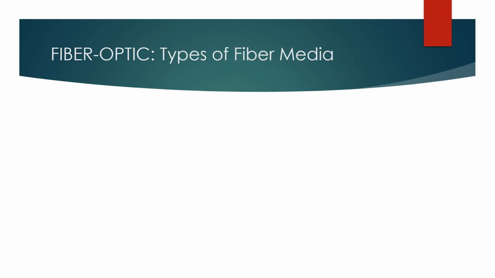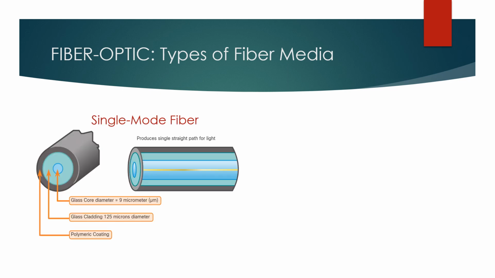Fiber optic cables are broadly classified into two types. The first one is single-mode fiber, which consists of a very small core and uses expensive laser technology to send a single ray of light, as shown in the figure. Single-mode fiber is popular in long-distance situations spanning hundreds of kilometers, such as those required in long-haul telephony and